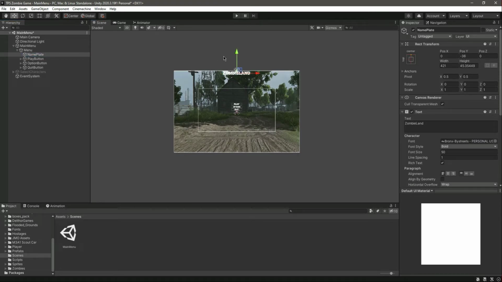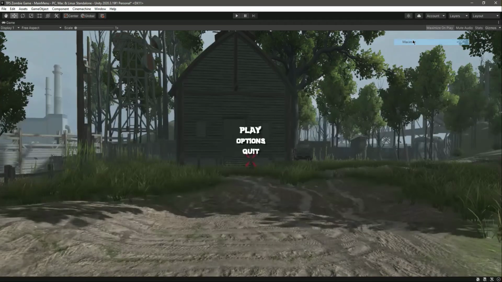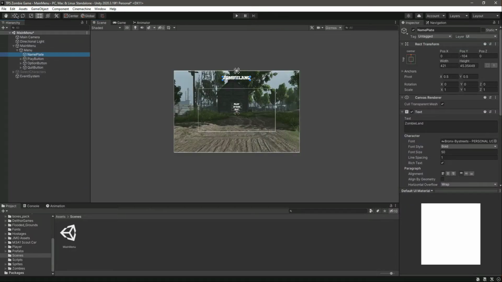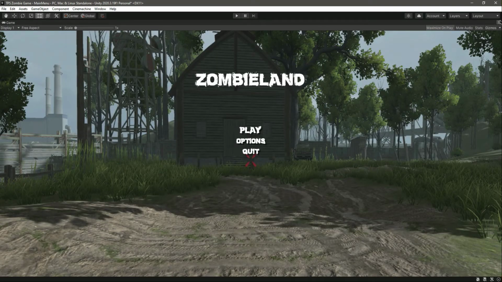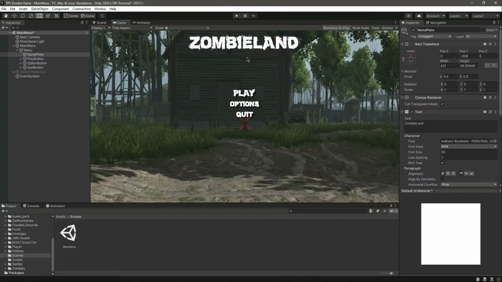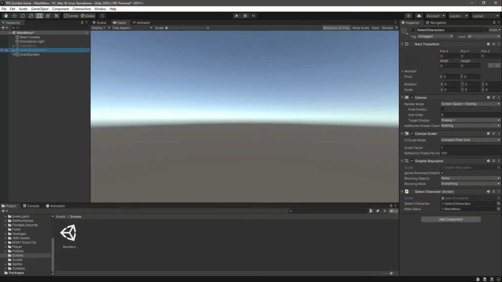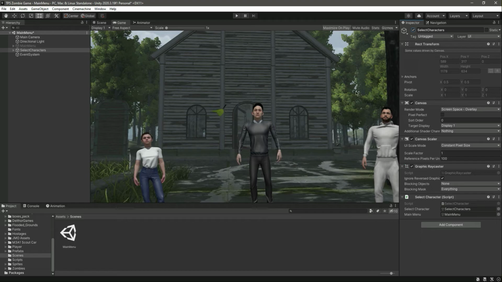Let's move down the zombie land to the screen. Okay, we need to move it down a little bit more. Click on the nameplate. Let's move it right there. And as you can see now, we can see the zombie land there. And let's do the same for this one. Let's close that, do that, and then